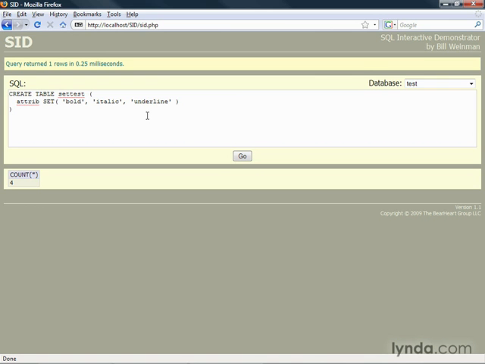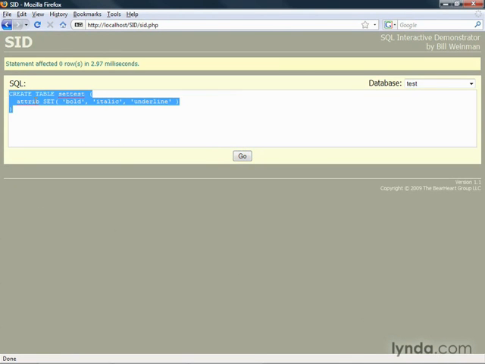And it allows you to use your bit fields and not have to do a lot of computation to figure out which bits are set and which bits are not set. Instead, you get these lovely mnemonic values for the bits. So let's go ahead and create this table, and let's assign some values to it. I'm going to go ahead and do several of these. I'm just going to cut and paste